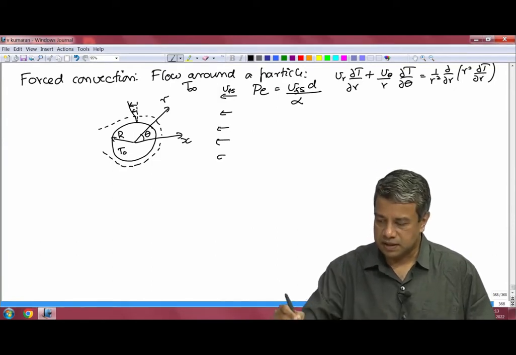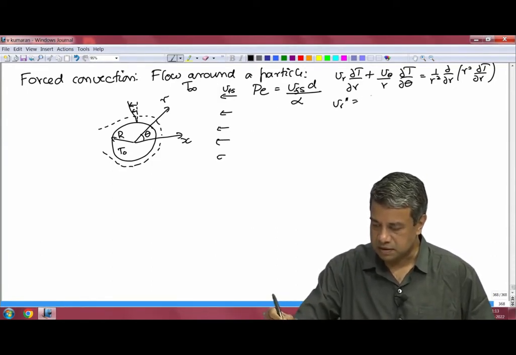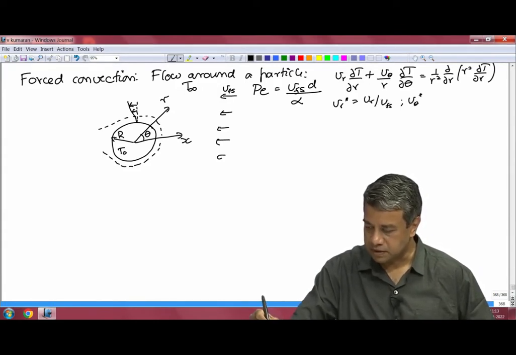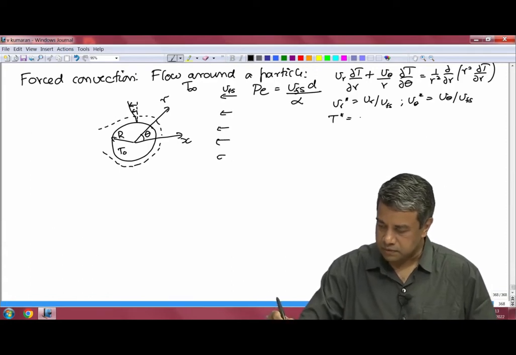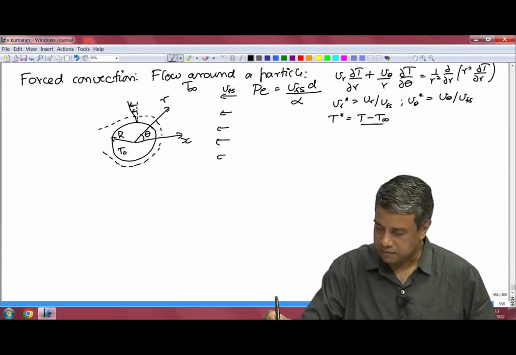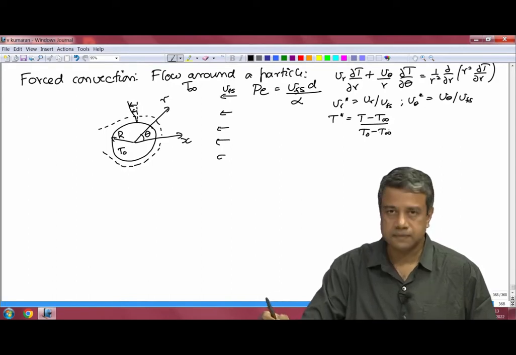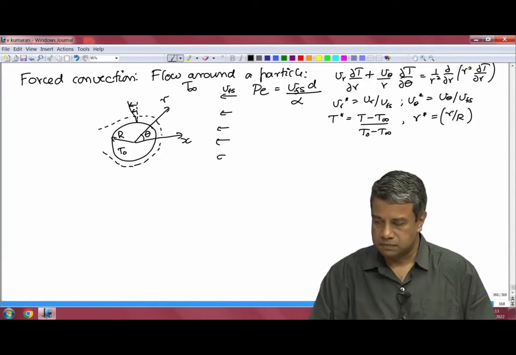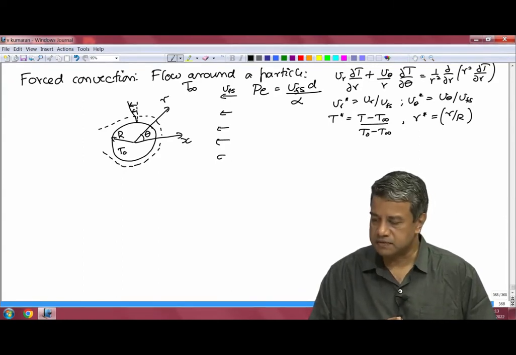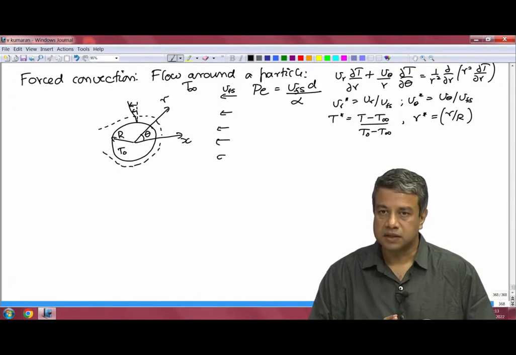And then we had done the scalings: V r star is equal to V r by V free stream velocity, V theta star is equal to V theta by V f s, T star is equal to T minus T infinity by T naught minus T infinity, and the radius r star is equal to r by r. And as you recall, we had some rather complicated expressions for V r and V theta. In the boundary layer,